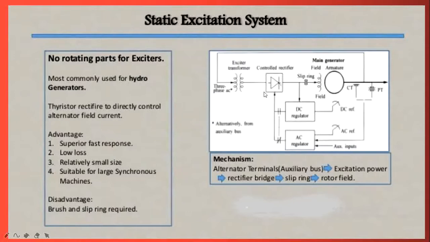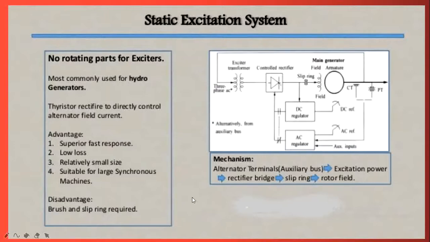In this static excitation system, exciter transformers are given, and by this method the output of the alternator is stepped down and fed to the controlled rectifier for giving energy to the field of the alternator. It has superior fast response, low loss, and relatively small size. This is suitable for large synchronous machines, especially for hydro type generators.